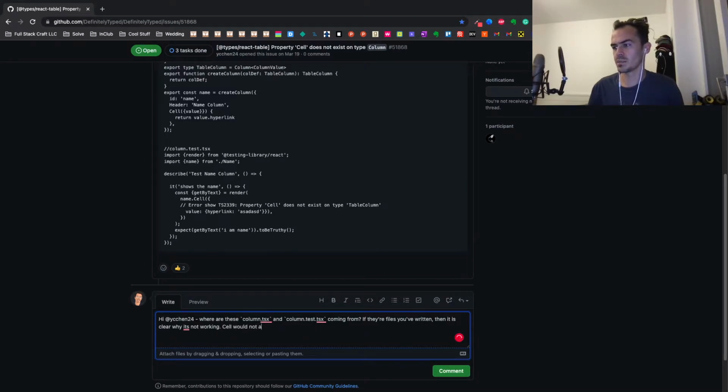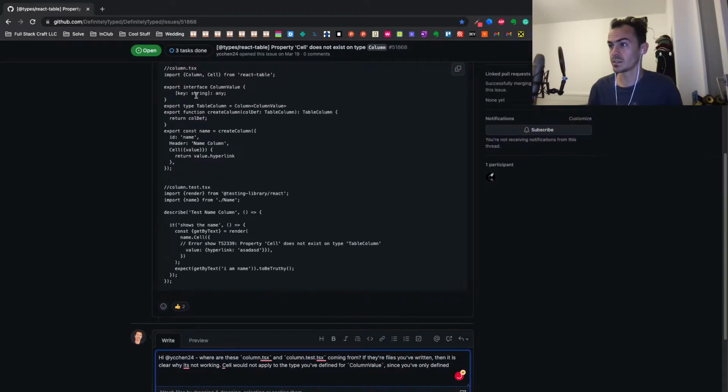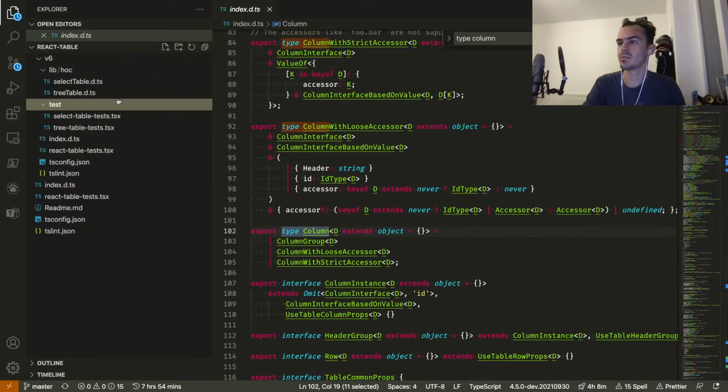Cell would not apply to the type you've defined for column value, since you've only defined like a key value, key string, and this is... sometimes you gotta wonder.